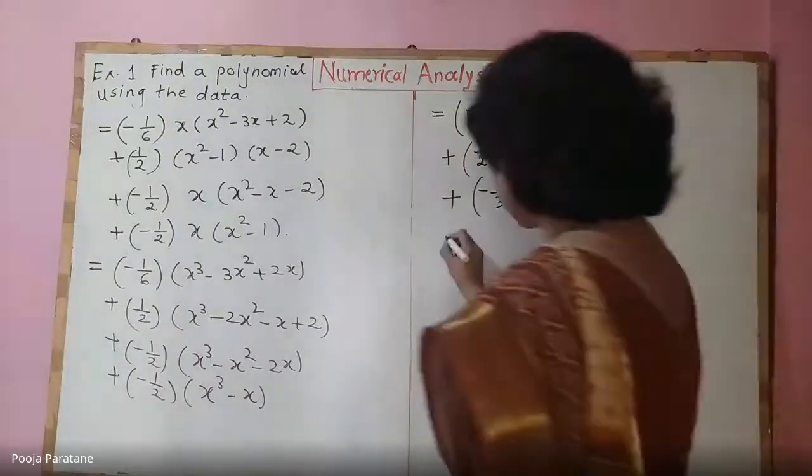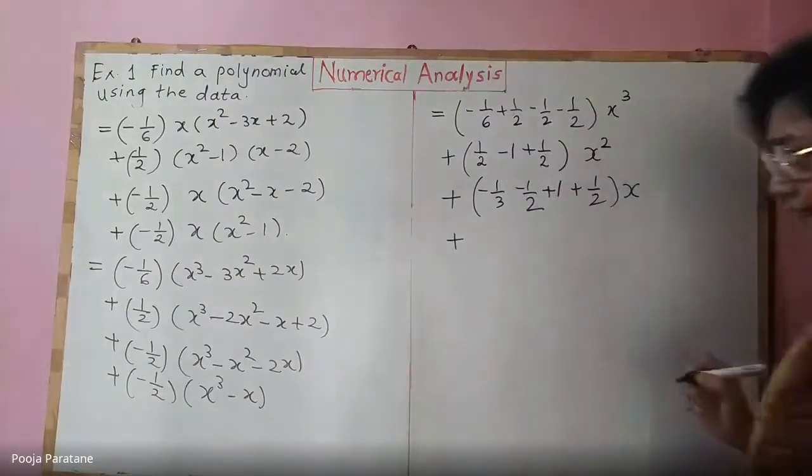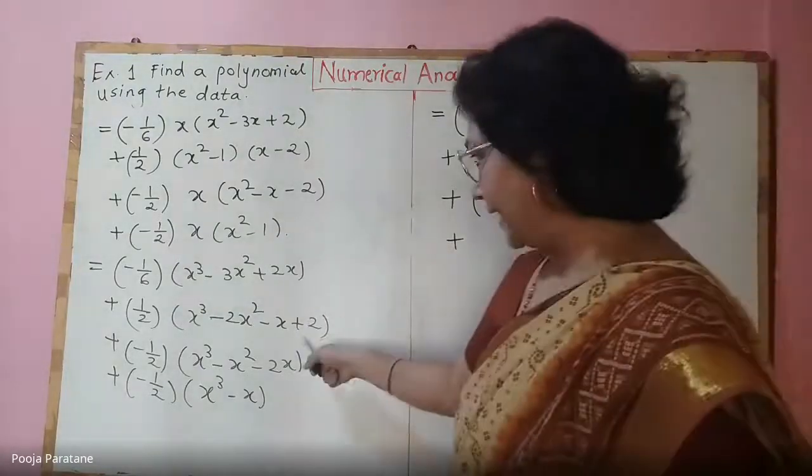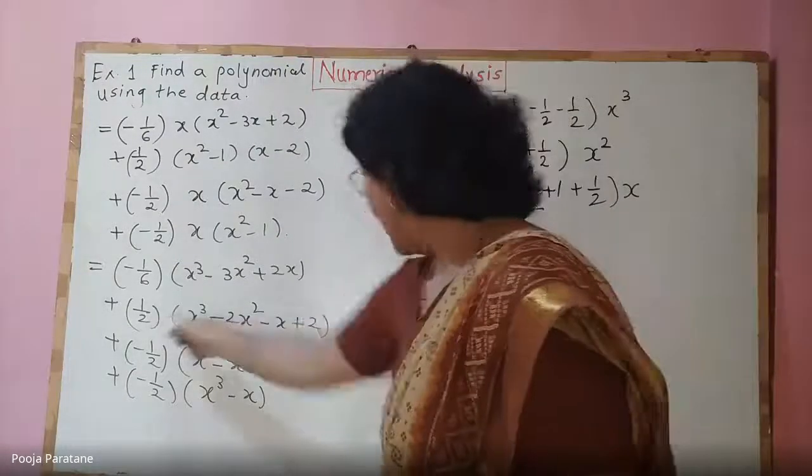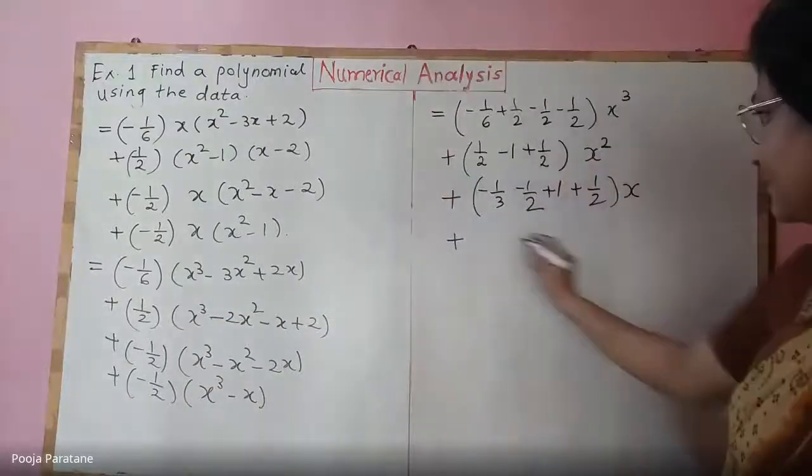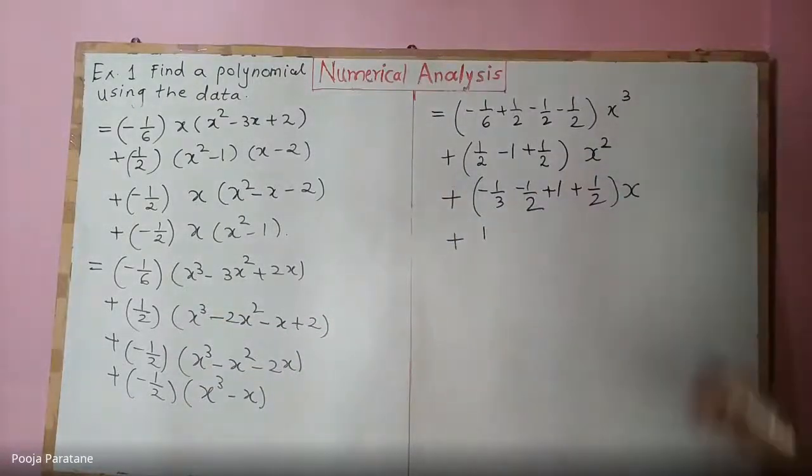And now the constant term. The constant term is present only here, and it is 1 upon 2 into 2. That is only 1. That is plus 1. Right? And now it is